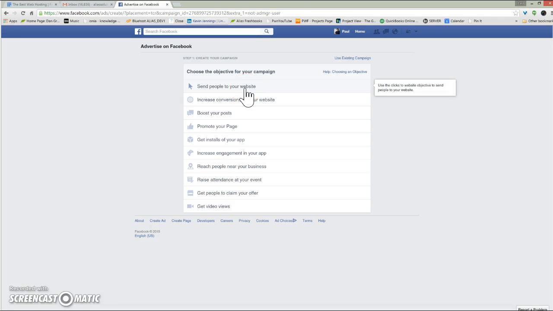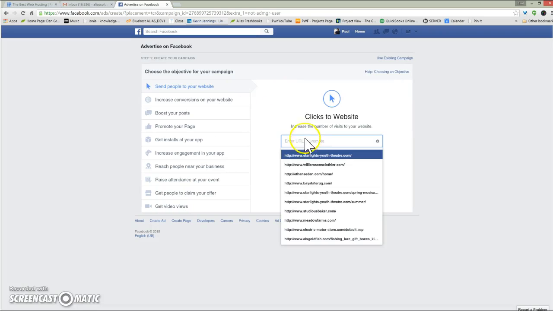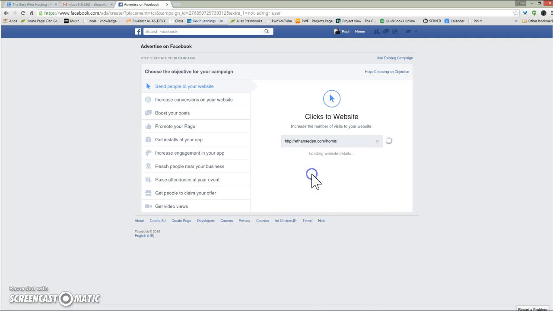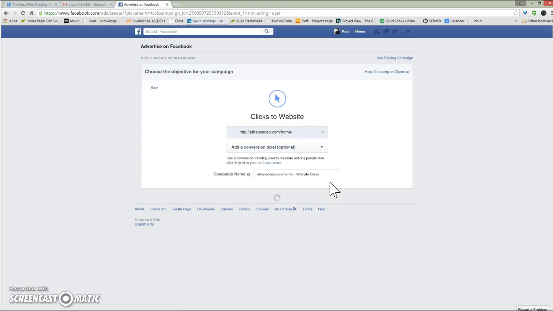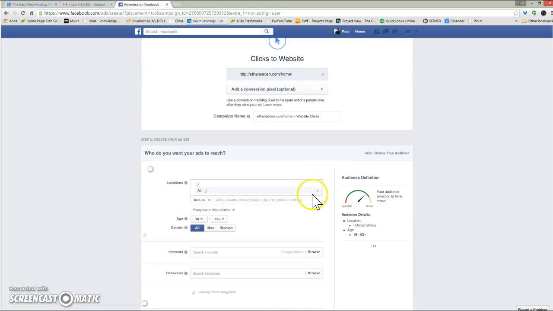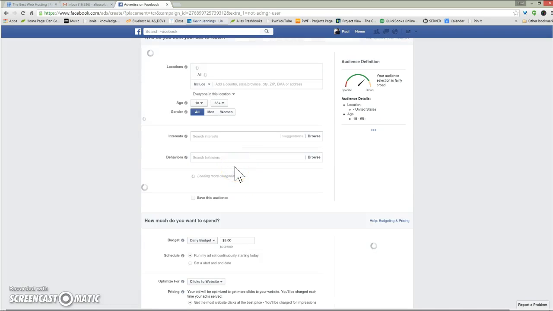So once we're here for starting an ad, we're going to send people to your website. You want to make sure that you send them to ethanzeden.com/home. We're not going to worry about adding a conversion pixel, and hit continue. That's going to load this bottom part